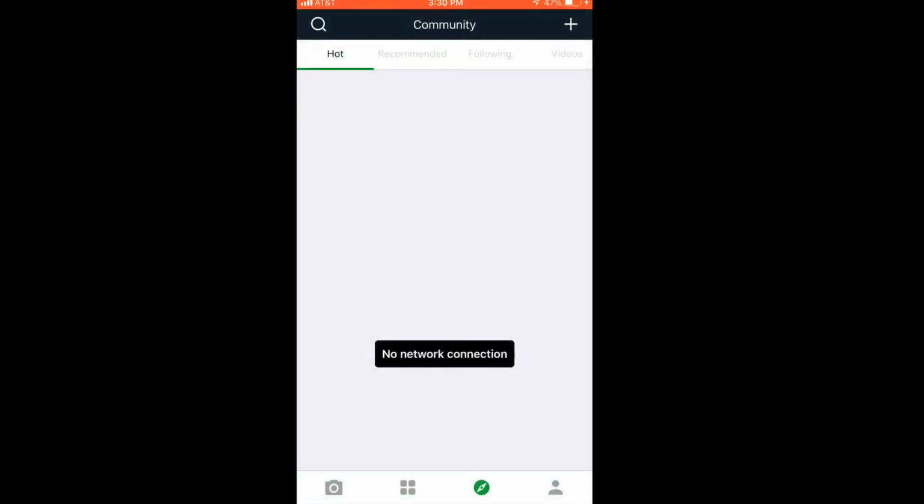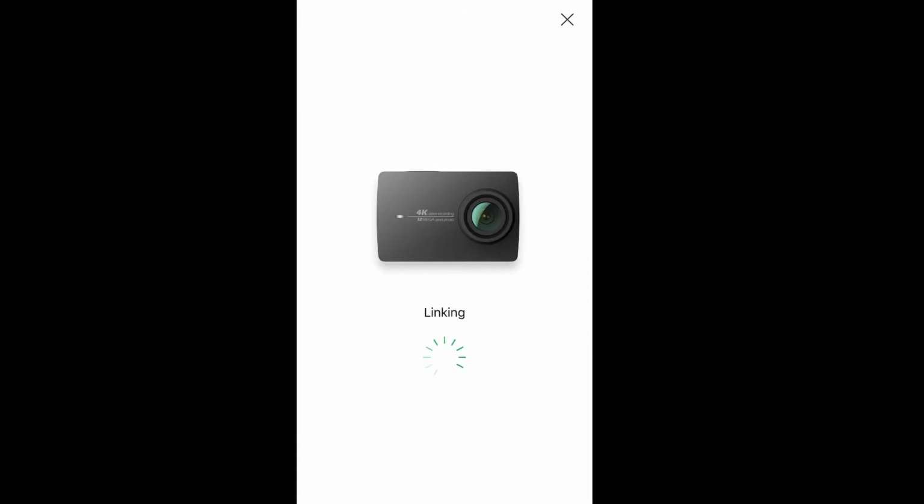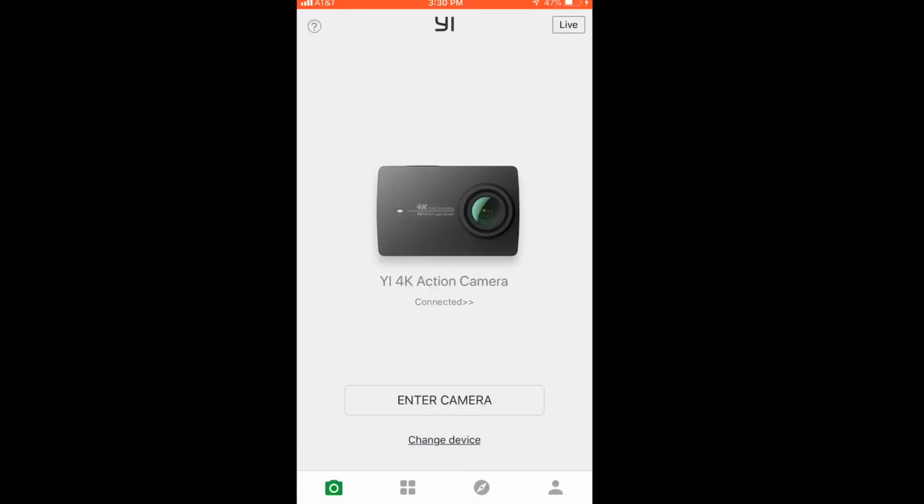I think there's a glitch or a bug in the software that if the cellular network, cellular data, is enabled, a lot of times it won't let you link up to your camera, and it's been like this for about a year. Until they get a fix, this is the workaround